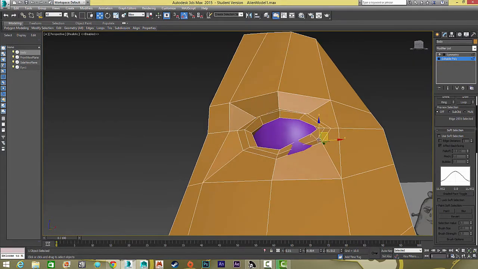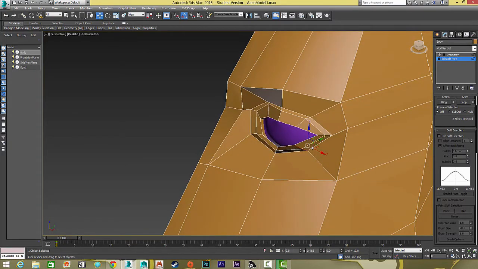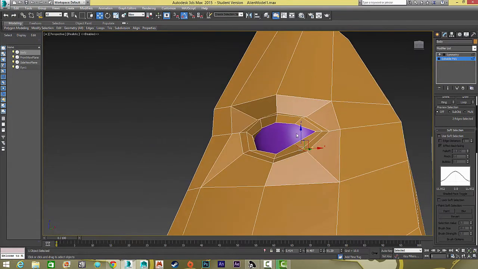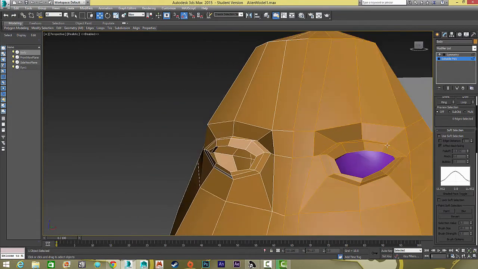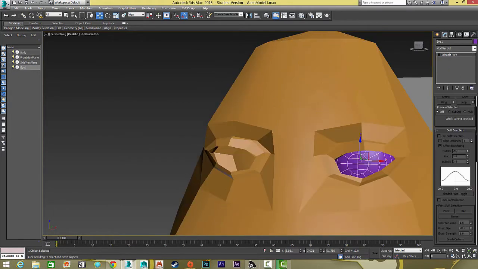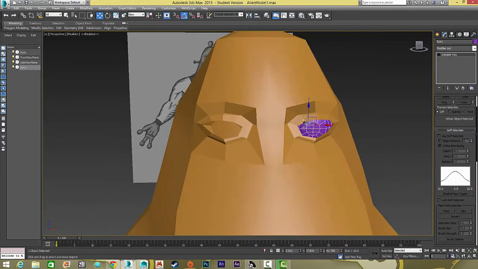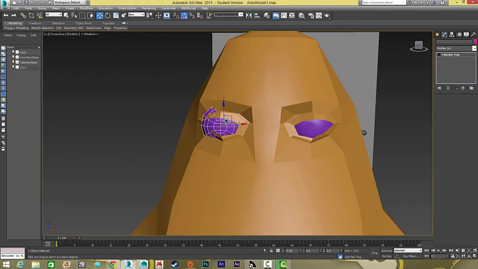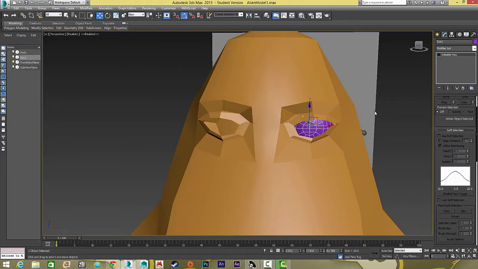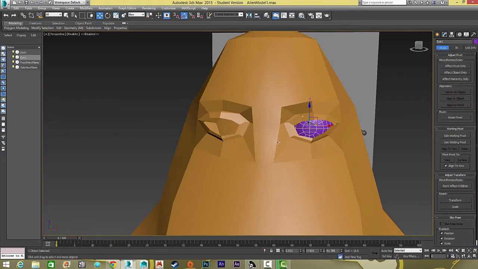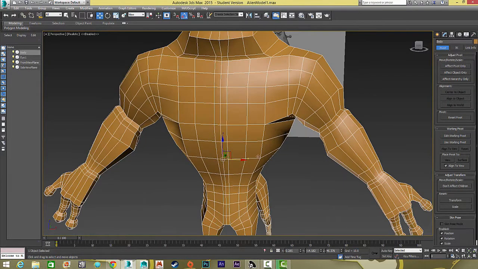Good. Maybe these shapes can be down here a little more, help with that roundness. Looks pretty good. Okay, so now let's move that eye back over to the other side. There's a couple ways we can do this. We can take this shape, just drag it over, and try to eyeball it. Not too bad. Or what I can do is use the pivot point for my object, my character, which is